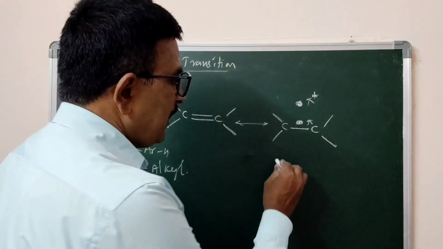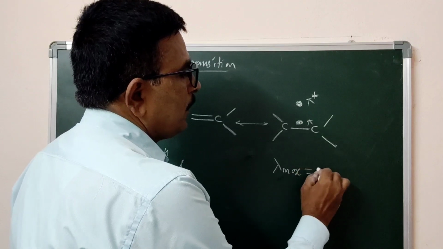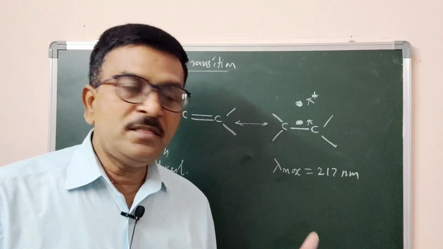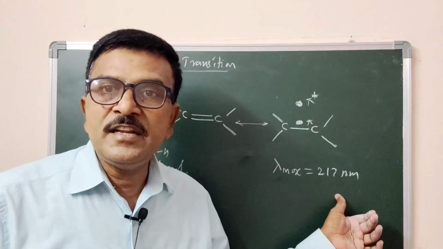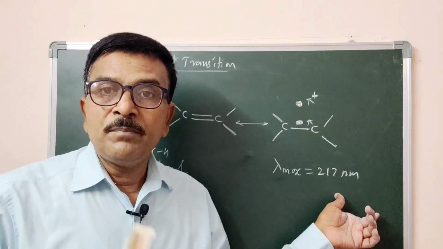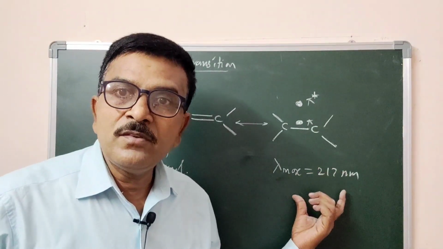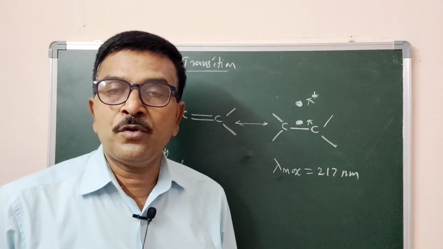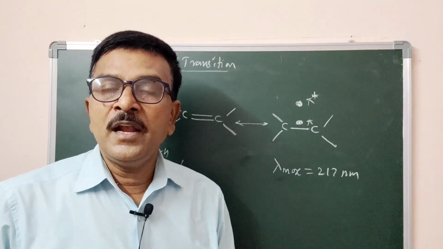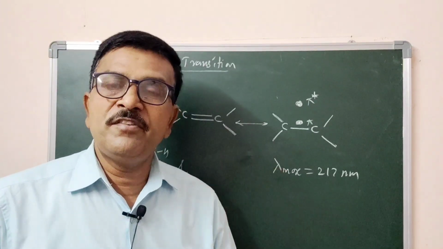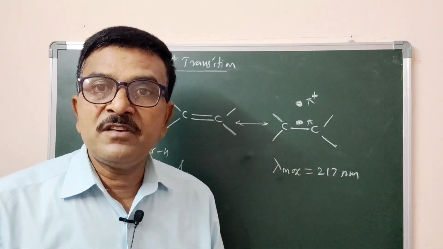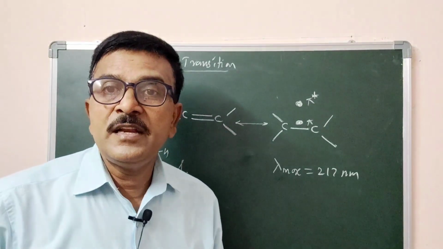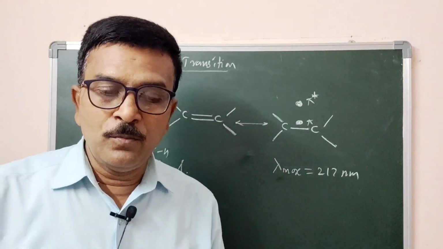That is, the wavelength of lambda max 270 nanometer corresponds to the energy required for pi to pi star transition. So this is greater than 200 nanometer. This energy is available in the instrument, the spectrophotometer, as we are operating from 200 nanometer to 750 nanometer. Here for the pi to pi star transition, it requires energy of wavelength 270 nanometer. So it is available in the spectrophotometer.